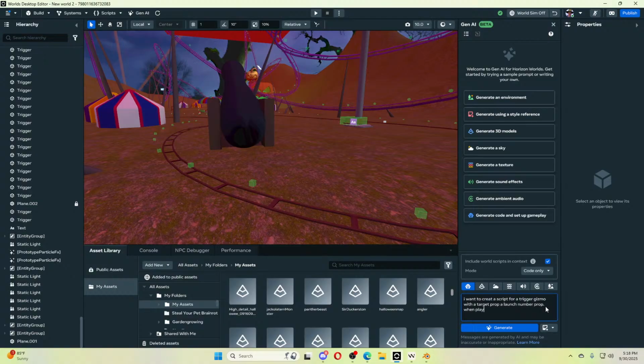When player enters trigger, we're going to do two target props. Move the player to